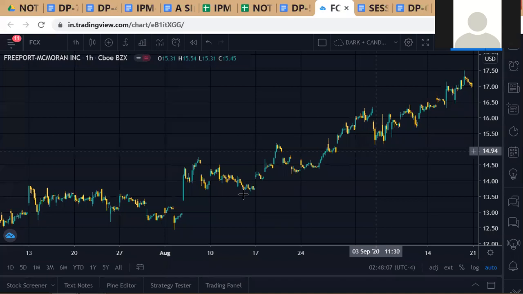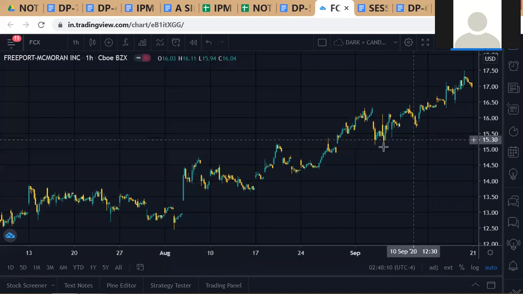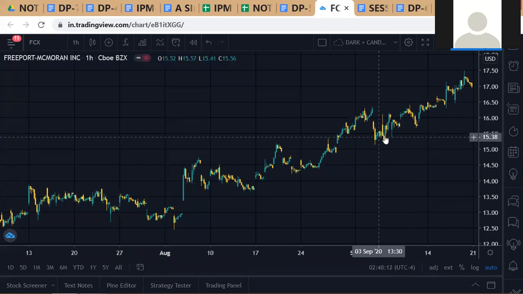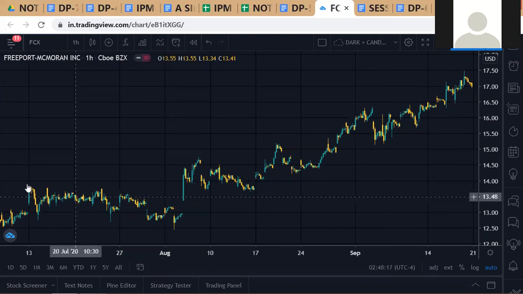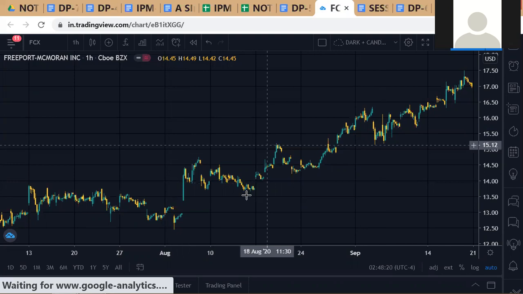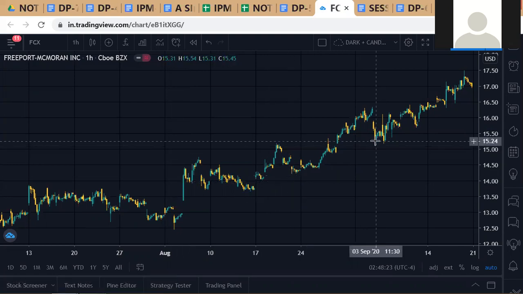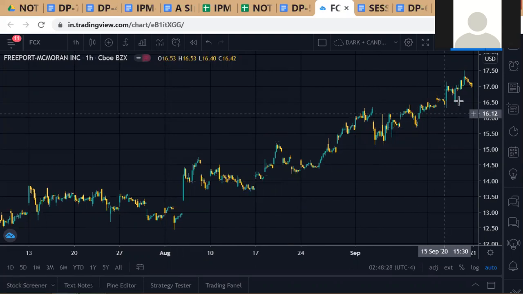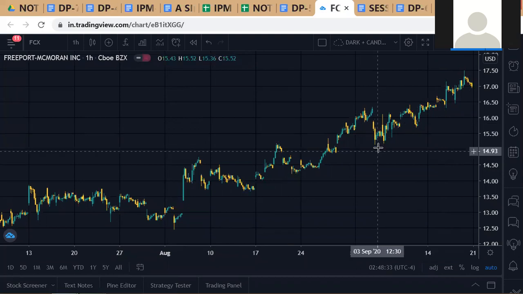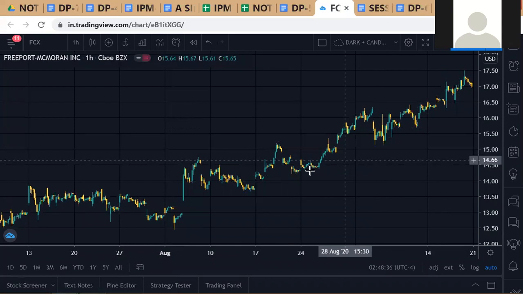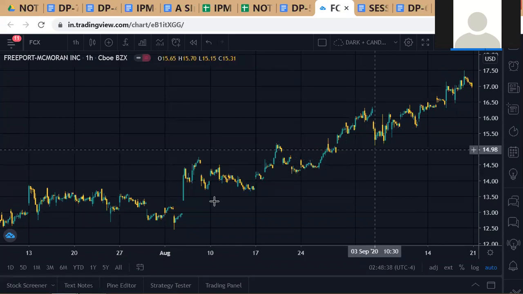So I said, don't look at these small patterns inside this pattern. Don't look at the highs and lows inside this pattern. Just look at these highs and lows: high here, low, high, high, low, low, and low. I did not ask you to look at smaller lows like this one, because I said this is too much of a zoom in. I don't want you to zoom in more than this level where you can see only these things. Got it? Okay. For instance, when you look at 1 year,